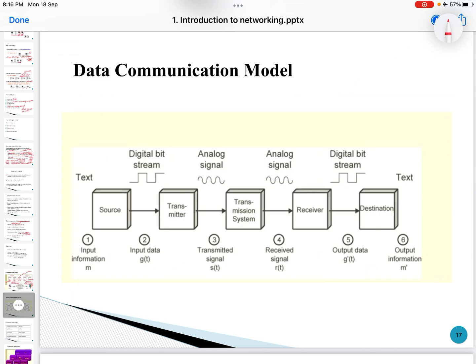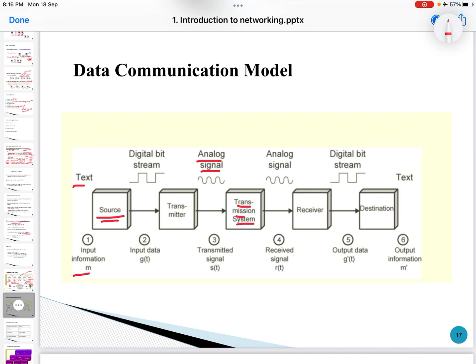So this is their input. Information is in the form of a text, which will be received by the source computer. Source computer, digital bit stream, it will pass through the transmitter. Transmitter will interpret the message and send it in the form of an analog signal to the transmission media or